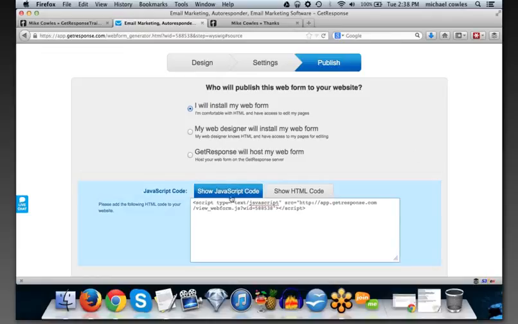There are two different options here: JavaScript and HTML. It used to be that HTML was the best option because the JavaScript wouldn't show up on smartphones and tablets, and now that's not the case. If you look at this, it's literally one line of code.